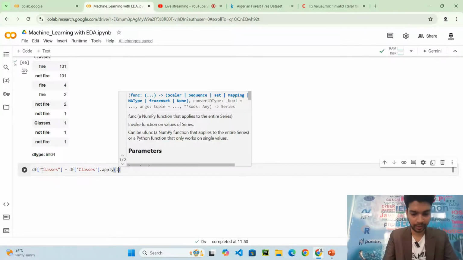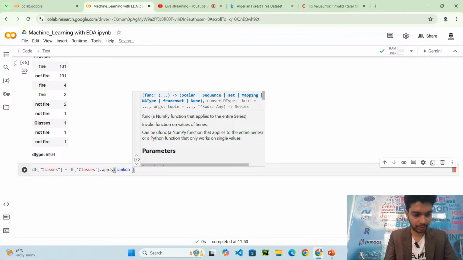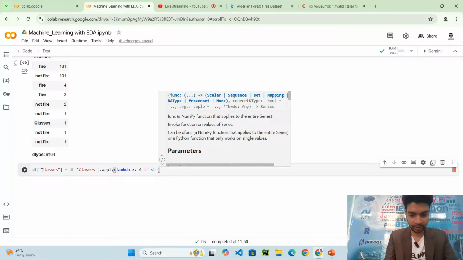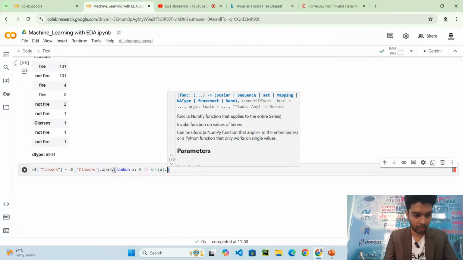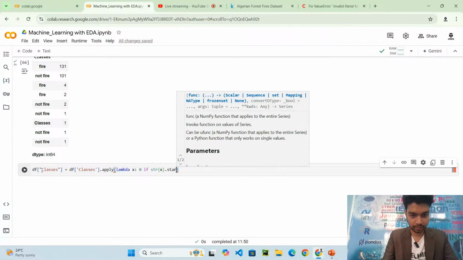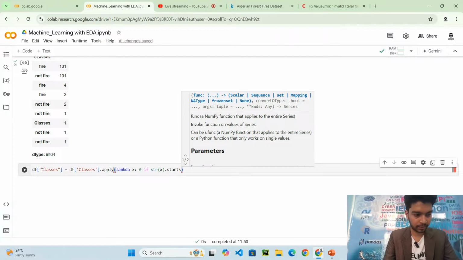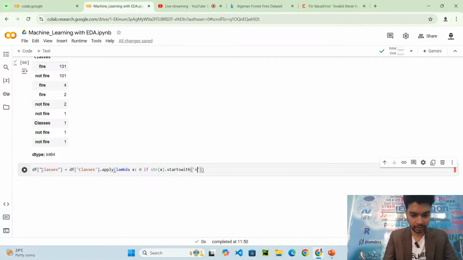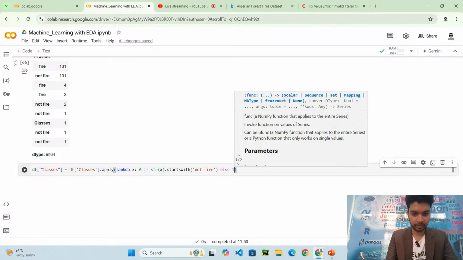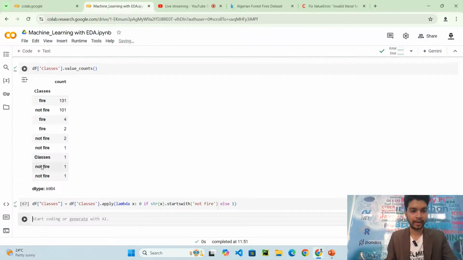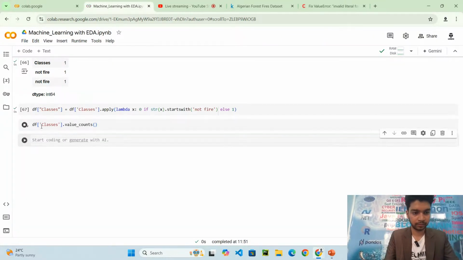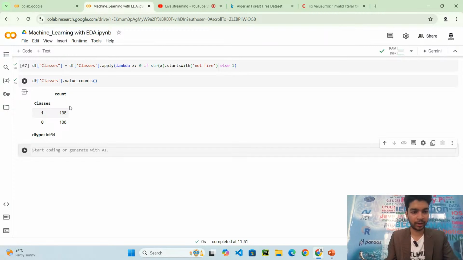Lambda will have x, and 0 if I convert it to string, x dot starts with, not fire, else 1. So let me run this code, and if I do value counts of it, now my data has been converted to 1 and 0.